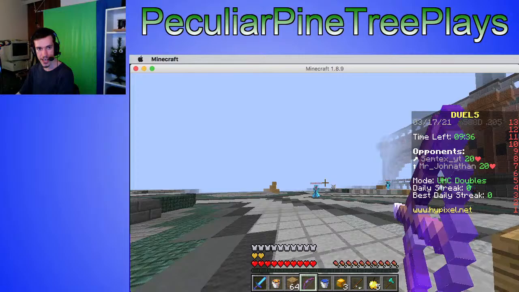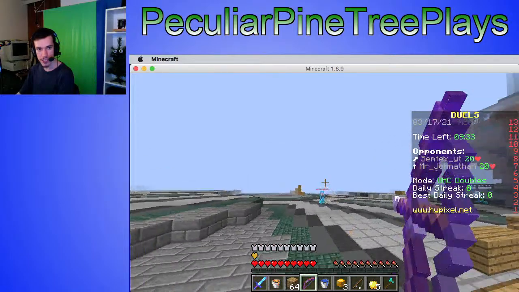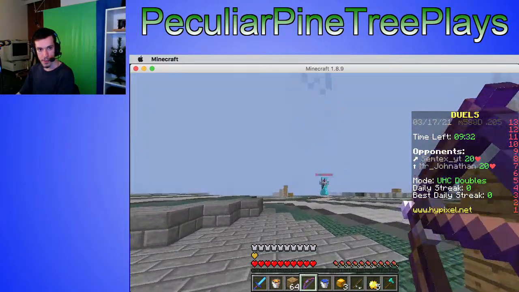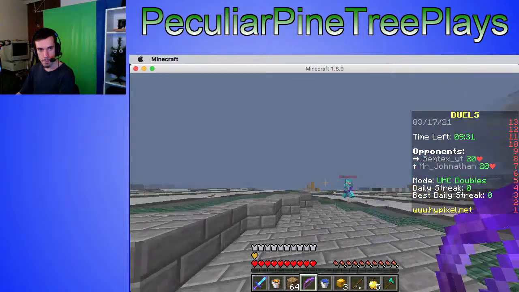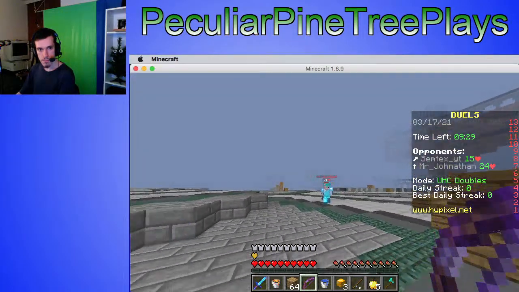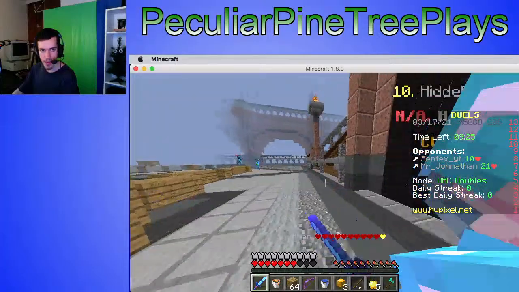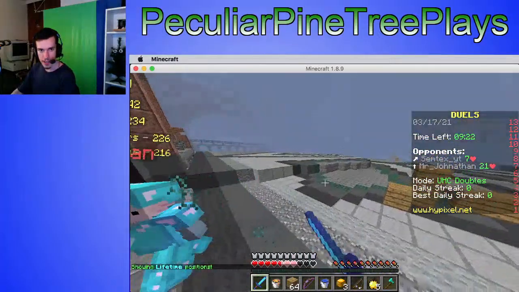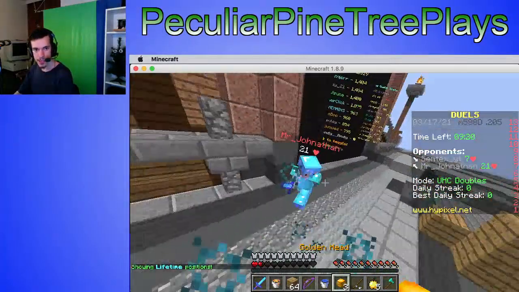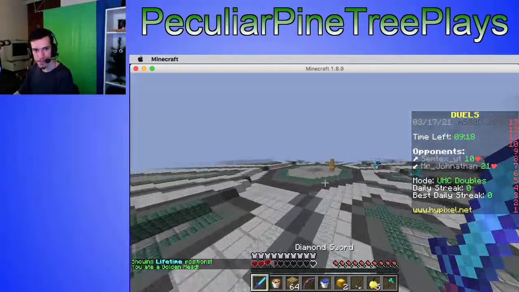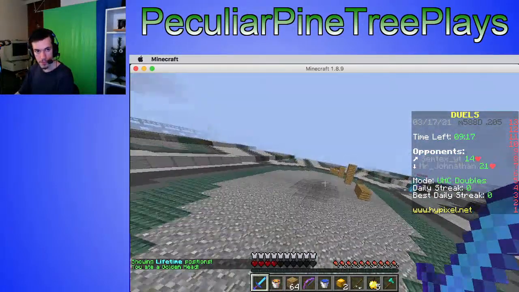If they're coming straight at you, it's easier to land the bow shots because they are a more consistent target. Oh, and I'm out of arrows. Okay, and this guy is very, very good at combat. Very good at combat indeed. Okay, I think it's time for me to eat a gold... Oh, that's not the right one. There we go, golden head. Goodbye! Goodbye. It is time to remove myself from that